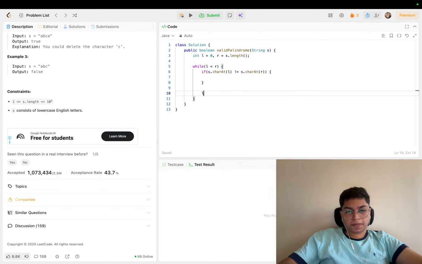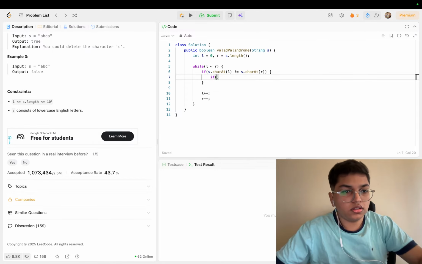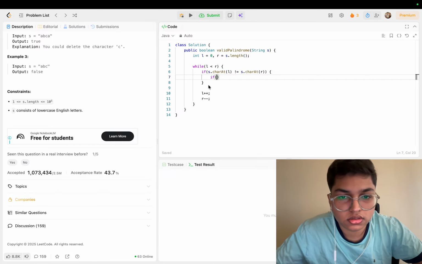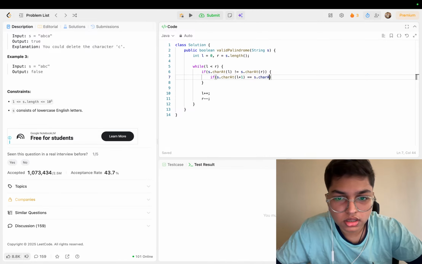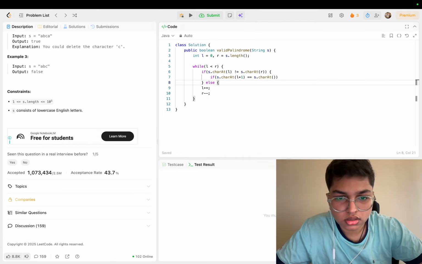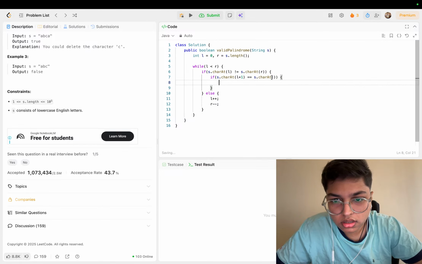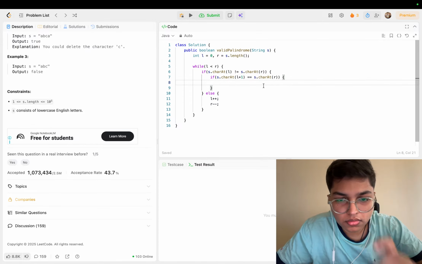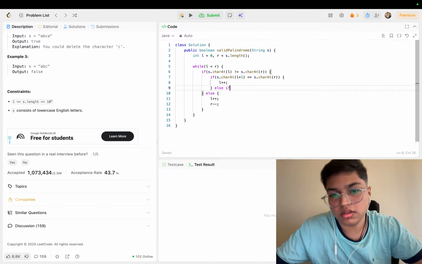Then we need to check if s dot charAt L plus 1 is equal to s dot charAt R. If this is true, then L plus plus, else if, no,